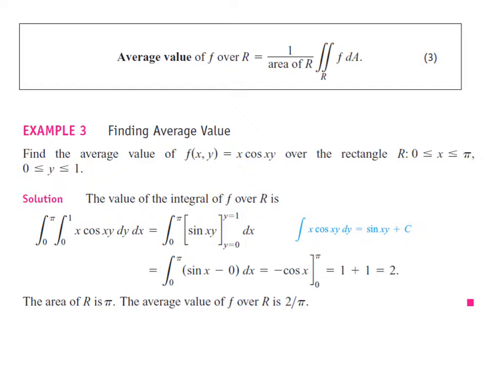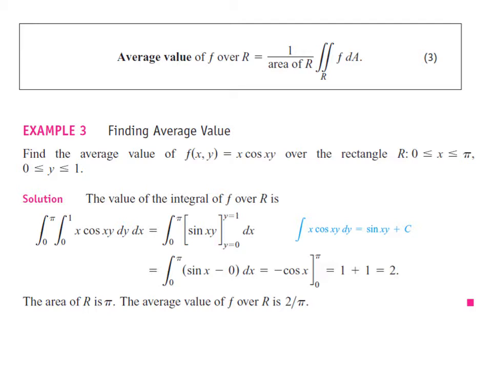Let us find the integral of f over the region R. So here region R is a rectangle. So x varies from 0 to pi and y varies from 0 to 1. So x and y limits are the constant limits. Let us integrate with respect to y, then x, or with respect to x or y, doesn't matter. So here I am integrating with respect to y first, then with respect to x here.